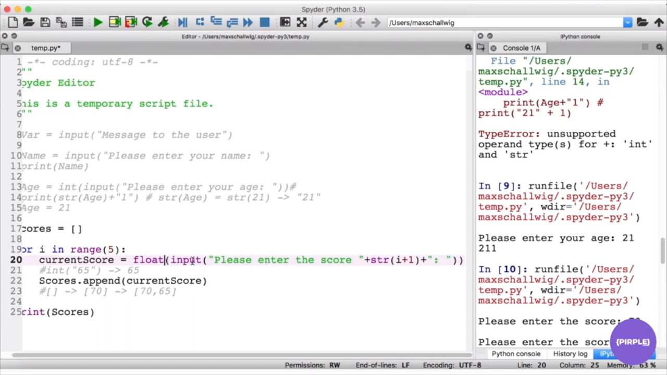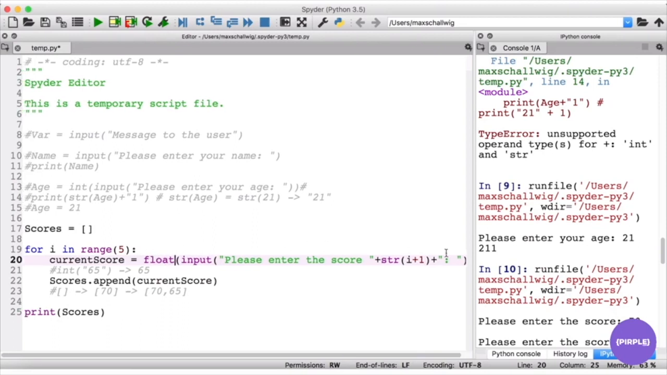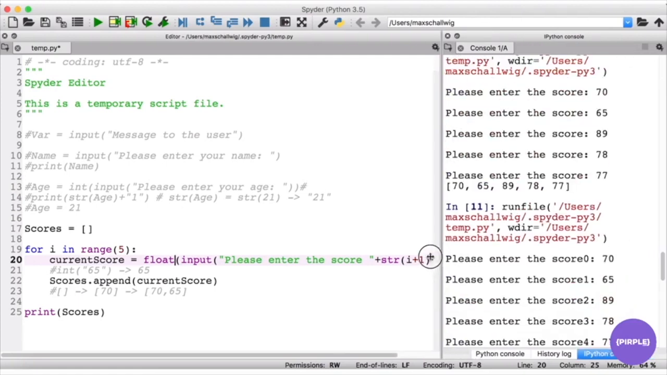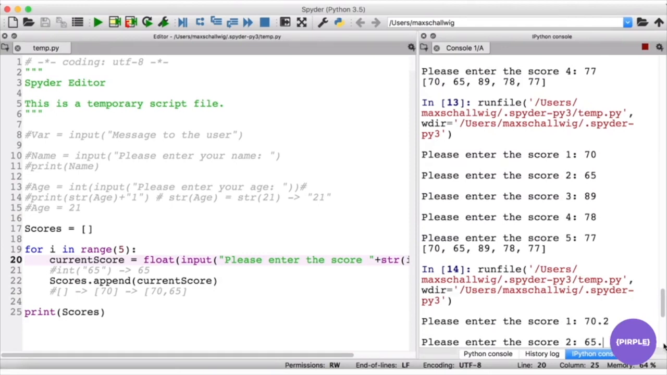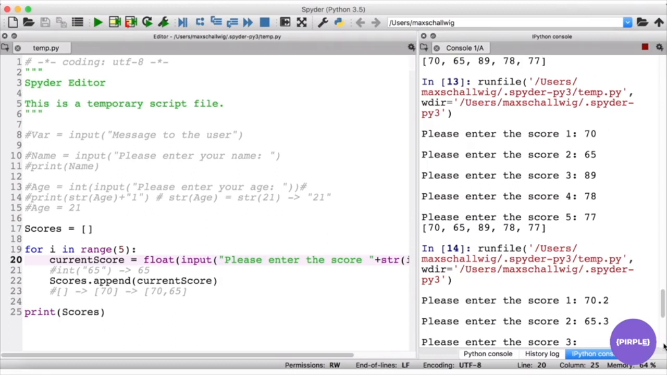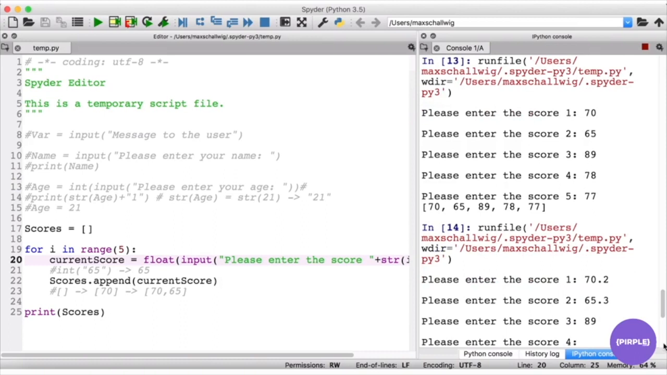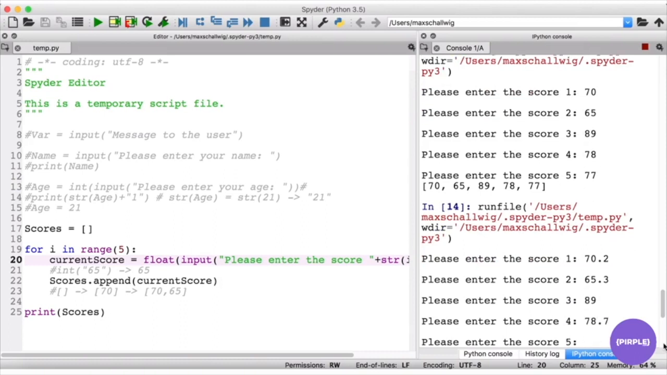And so inside here, we're asking for the score, and then we're going to get back a string that contains a number, and then we're going to try to convert this number to a float number, or a decimal number. So let's run this, and let's see what happens. So please enter score 1. We'll enter 70.2, 65.3 maybe. 89 is going to stay as an integer. 78.7 and